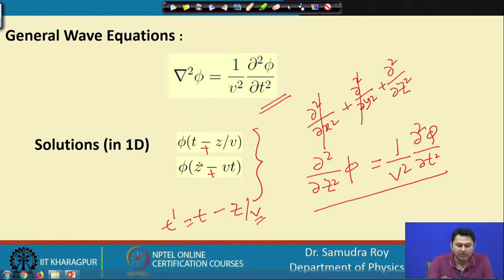solution you just check whether this is really a solution. Using this form of solution, just check whether you are really getting this particular solution or not. So, just change the variable, t prime is one variable, and readily you figure out that you will get the solution. So, the wave equation has a specific solution, and this solution, t minus z by v or z minus vt, both are solutions of this system, which suggests that this is really a wave.